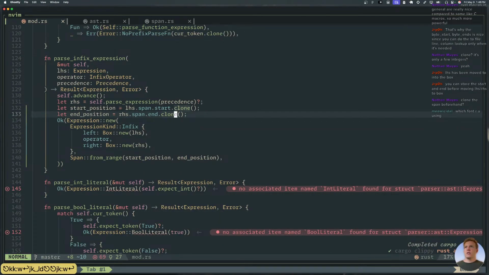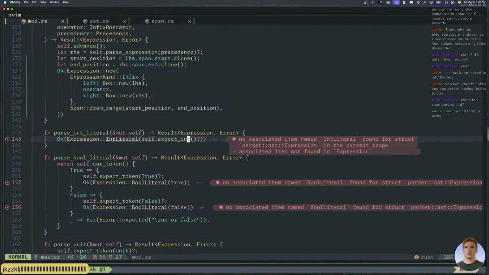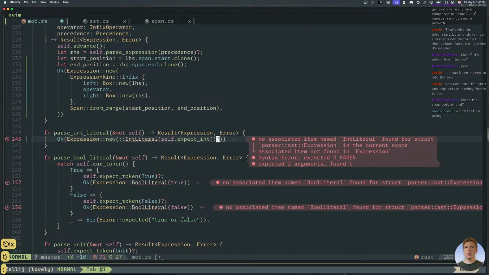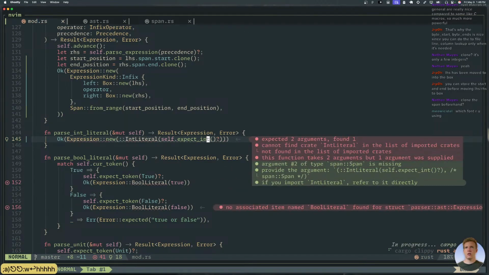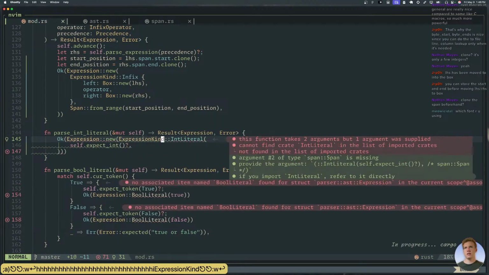All right, now we just gotta do this everywhere in here. In literal. All right, so this is different. We now have a new... And then this becomes expression kind.